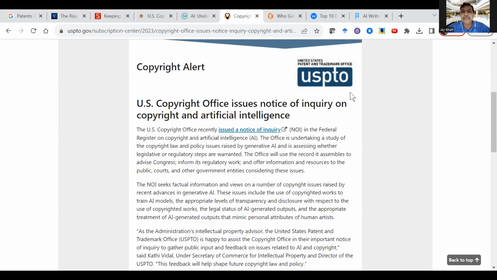And the Turnitin website has details all about how it captures and identifies text generated by artificial intelligence. And there are many other websites also available.